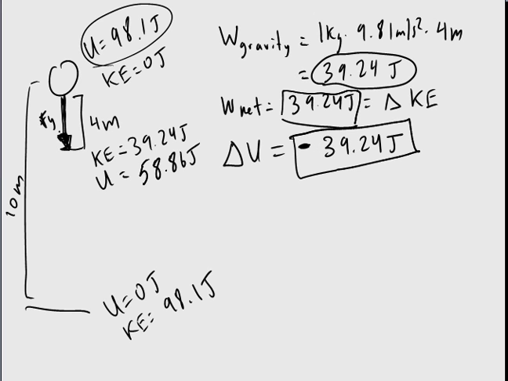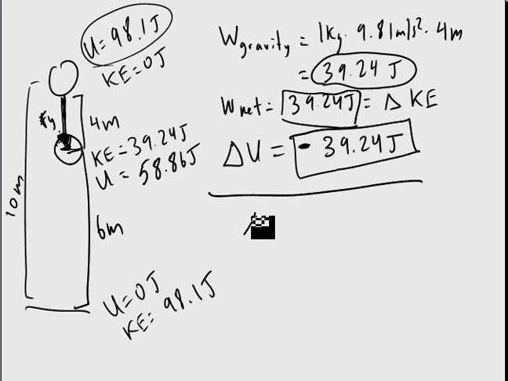I could also solve for the potential energy another way. I could say, well, the ball's dropped 4 meters, which means it's now only 6 meters above the ground. And for the ball to get to this point, it doesn't matter if it's dropped or I just put it there, any ball at this point will have the same amount of potential energy. So I could just figure out the amount of negative work that gravity has to do to get to that point. This is just a second way to do it. I could say, well, to lift it up there,